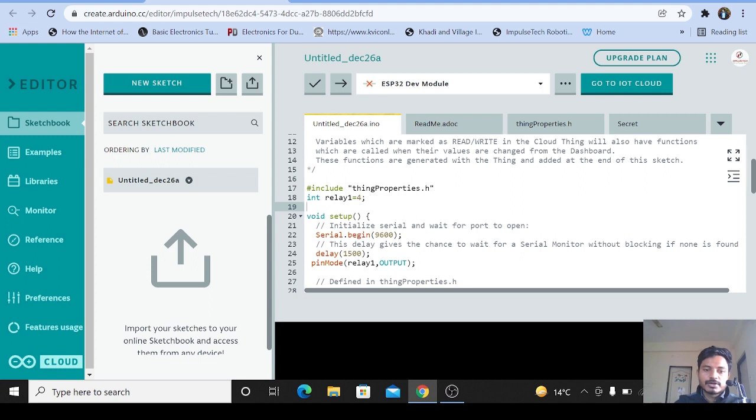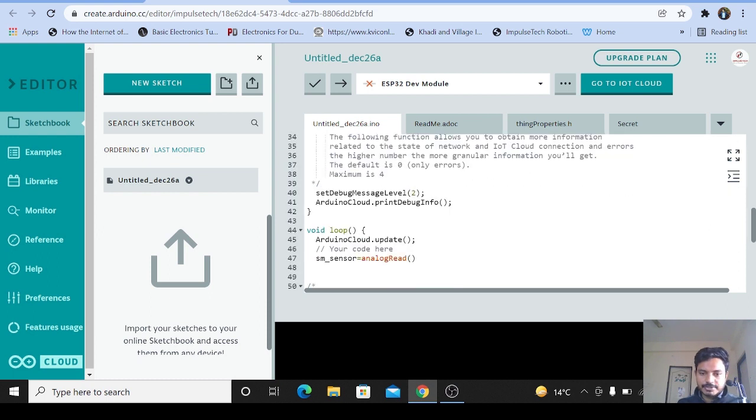So here we also need to declare the soil moisture sensor pin. So I'll write here int soil sensor equal to 34; So I'll copy this soil sensor variable, Control C, and paste it here, analogRead and semicolon.